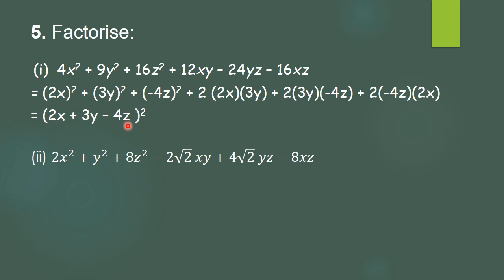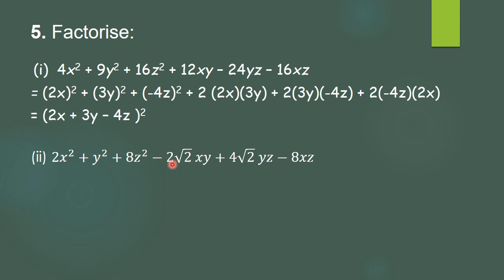Now we'll solve one more question where we are getting irrational numbers. These are the irrational numbers, root 2. Now here, what happened? There are totally 6 terms, correct? 2 are negative, and these are the square terms, x square, y square and z square. But 2 is not a perfect square number. But 2x square, I can write it as root 2x the whole square. Because when I make root 2x the whole square, it will be root 2 into root 2, that is root 4, and square root of 4 is 2. So ultimately we will get 2. So here 2x square will be written as root 2x the whole square.